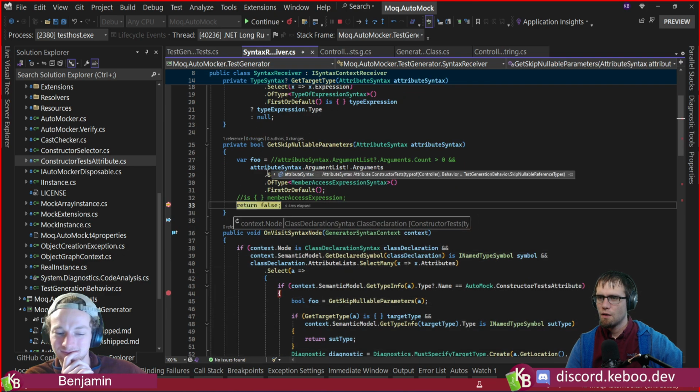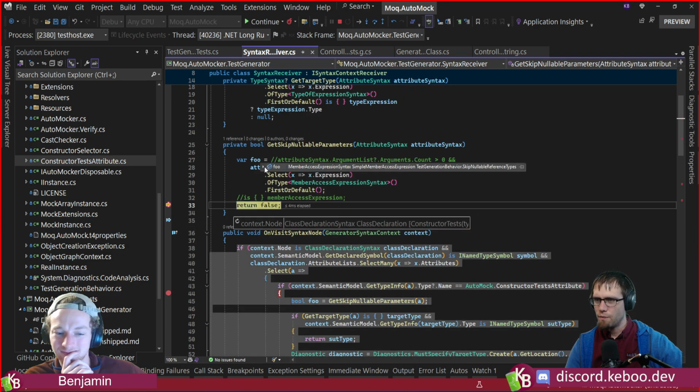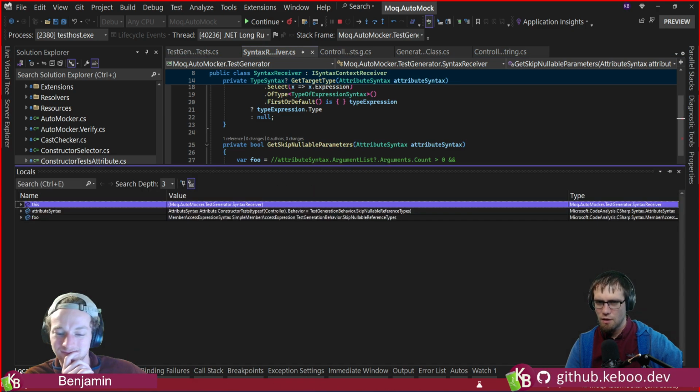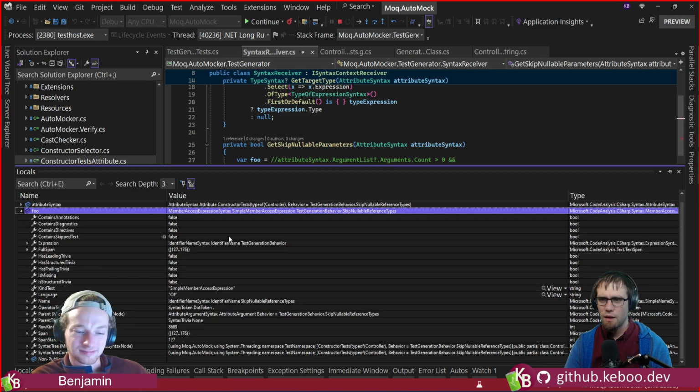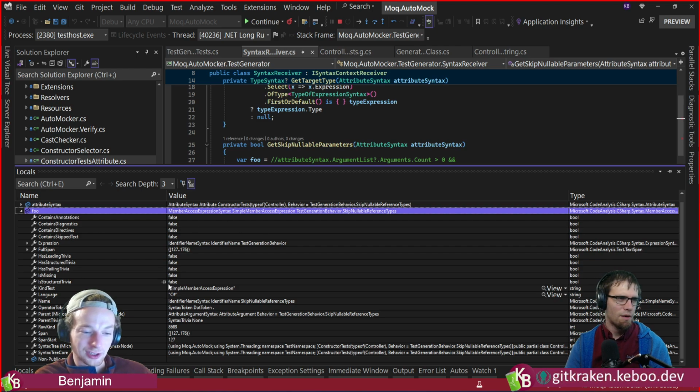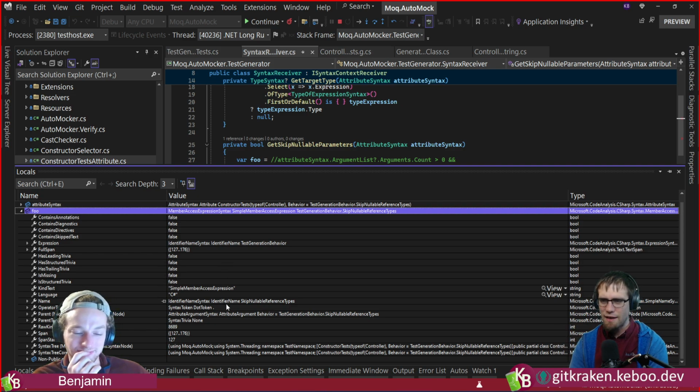Okay, there. Okay, so we want to look at foo. How we would like to see go locals, and we'll expand this out. And let us look. I need to find a way to make this font bigger. There's a lot in here. Yes, there is. And the unfortunate part is a lot of this is derived classes, not always